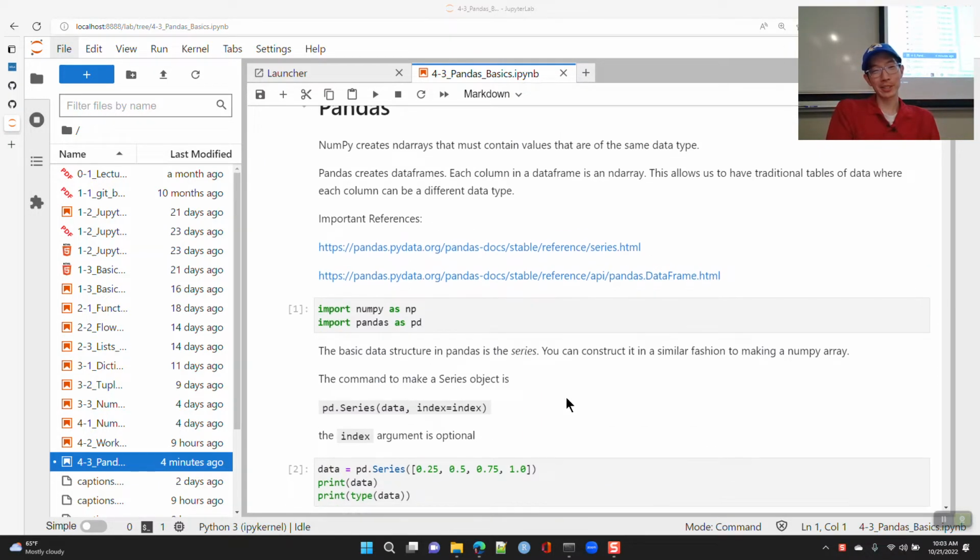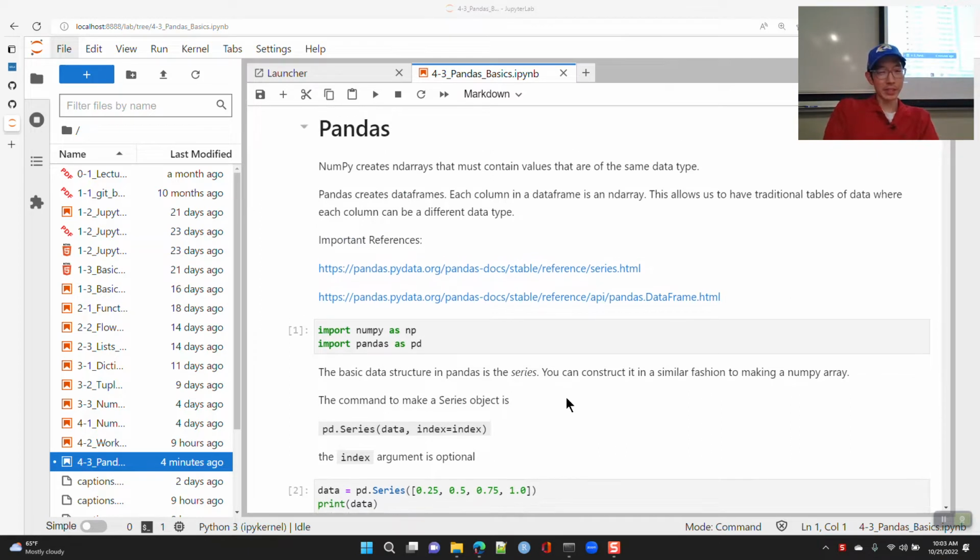Okay, we're talking pandas today. So again, Python, general purpose language. It was not designed around data science per se, but these two packages, NumPy and Pandas, have really extended Python's capabilities, and now people love using Python for data science, largely because of these two packages.